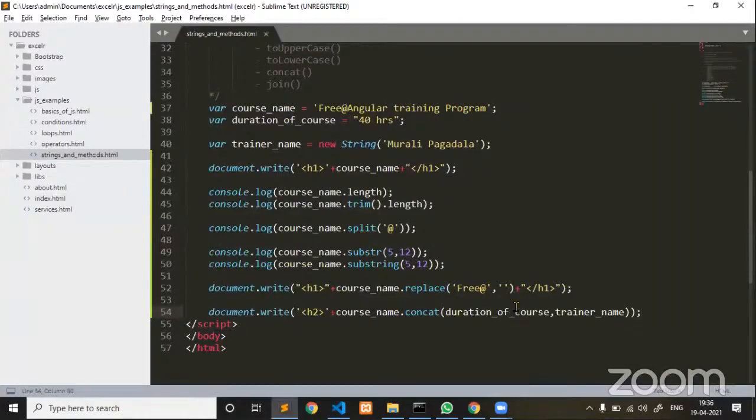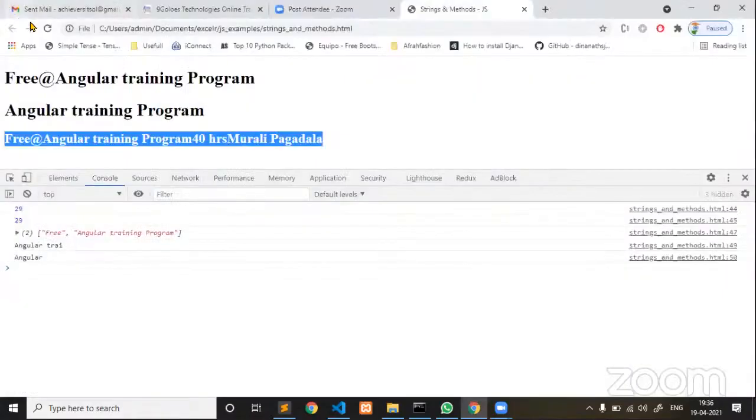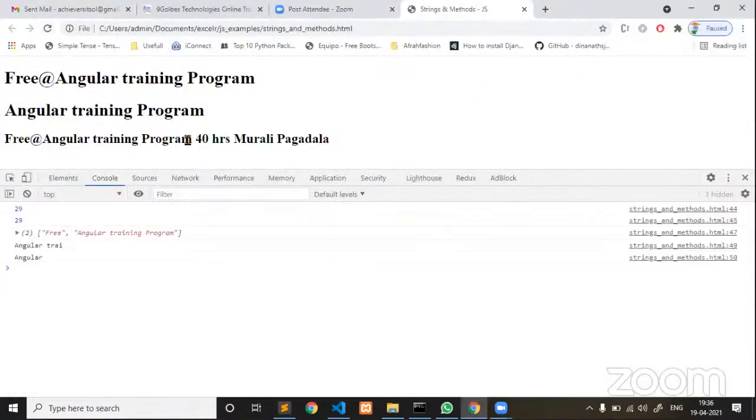Now if you would like to give a space between each one of them, then for the second parameter I can pass one more parameter as empty, and here also one more parameter that I can pass as empty. Now concat is going to take multiple parameters. Now you can see that there is a gap between each one of the strings.